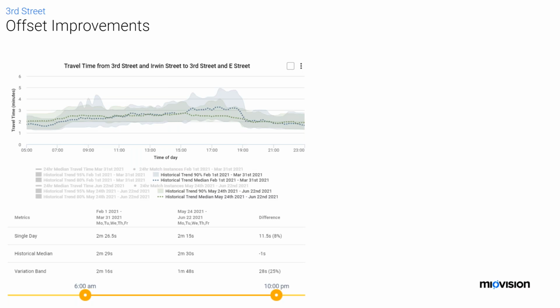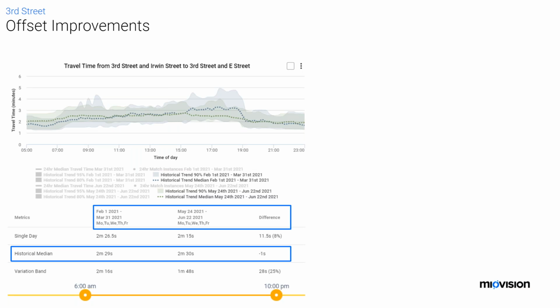And what I found was kind of disappointing for me at first. If you're just looking at travel time from one end to the other, this is our travel time metric if you're not familiar. We're looking from one end of the corridor to the other in the westbound direction, obviously it's a one-way, from 6 a.m. to 10 p.m., comparing February and March to May and June.